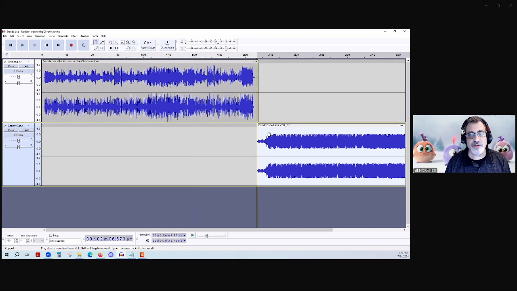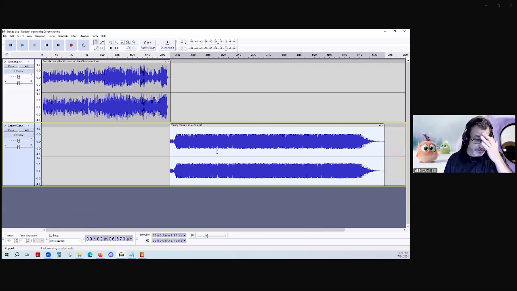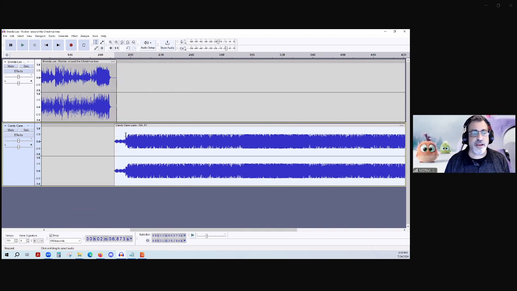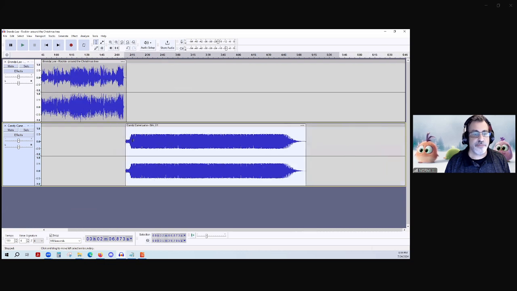You can do one of two ways. You can have them on separate tracks, which again, there's a little more flexibility when you're working with multiple tracks. Again, you notice this file here, it's not clipped. It had a high limiter on it, and they went ahead and they limited it to 5 here. And so probably what they did was they did it to 0 and then they compressed it back down again, right?